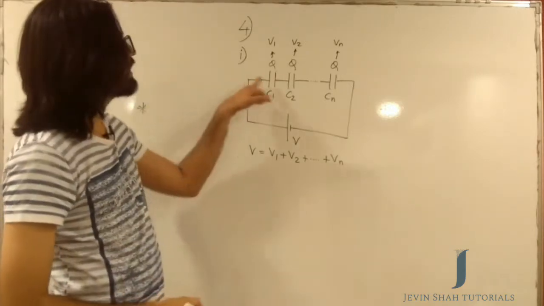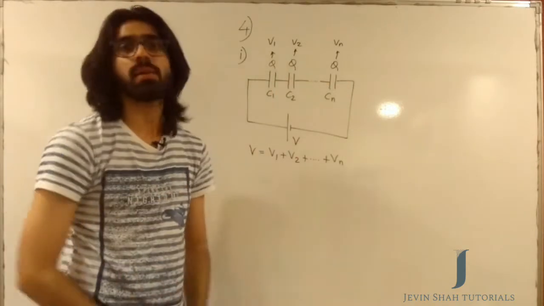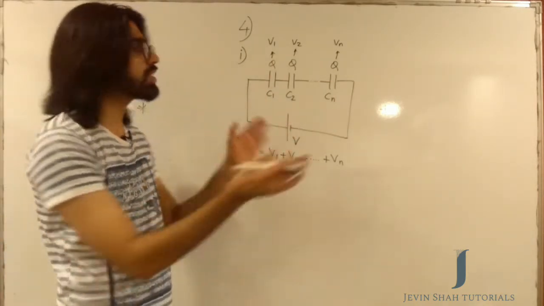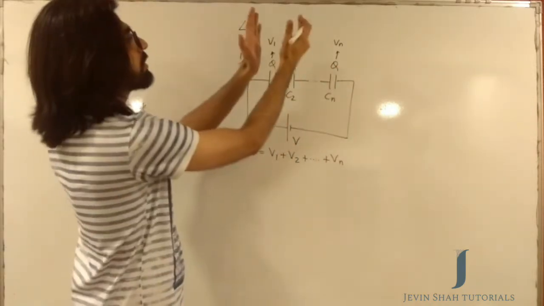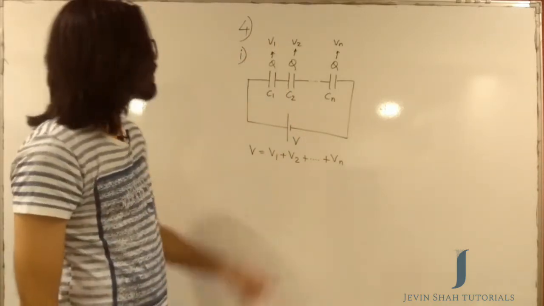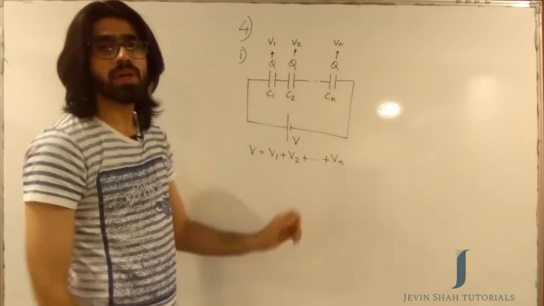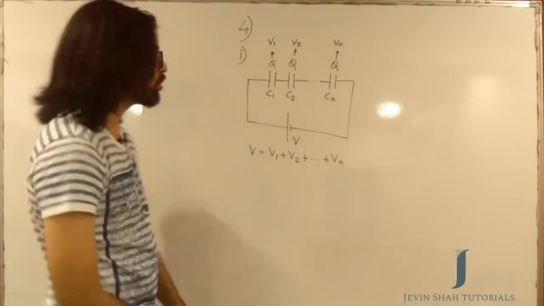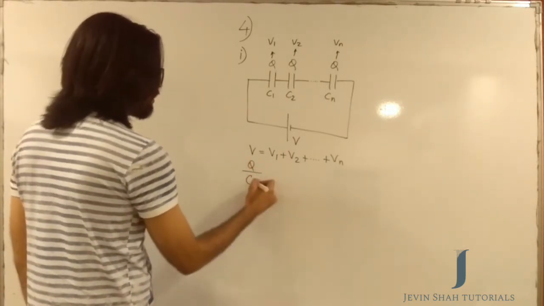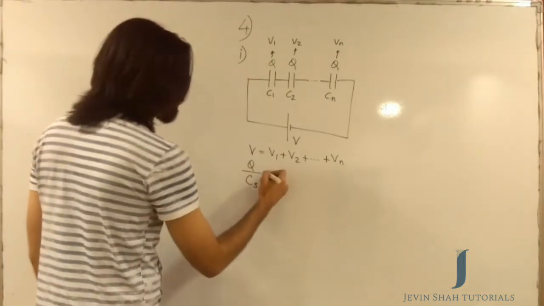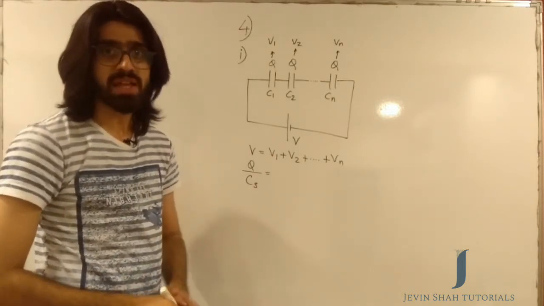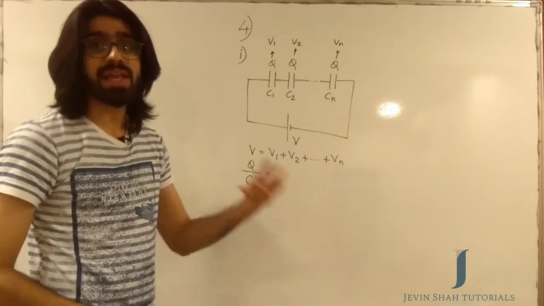If you think about the entire sequence of capacitors as one single capacitor, you will realize that because charge on each capacitor is Q, the resultant charge, if you imagine the entire thing as one big capacitor, is equal to Q only. It's because every capacitor has a charge of Q. So I have V as Q divided by C effective, or the effective capacitance in series, is equal to V1. If you remember the first formula that you had learned, Q was equal to CV. If Q is equal to CV, we can write V as Q upon C.